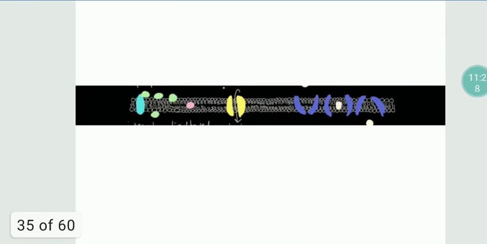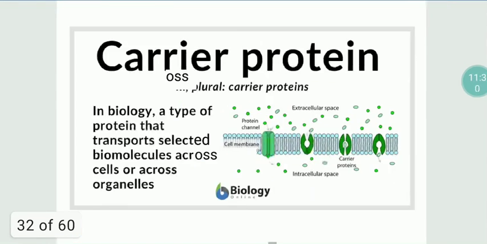And now you can understand clearly how this carrier protein works. In the first picture, from the extracellular fluid, the ligand is coming and binding to this carrier protein. The carrier protein changes its shape in the second picture, and in the third picture it completely inverts itself to release that ligand to the other side of the plasma membrane. This kind of change in shape is known as conformational change. This is about proteins.